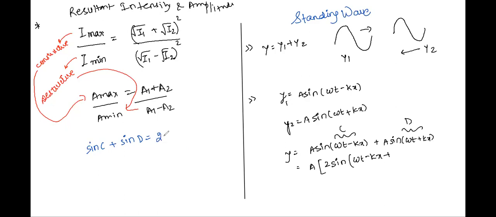Okay. So 2 sine of c plus d by 2 into cos of c minus d by 2. Substitute them here. First of all, take a common. Now you have sine of omega t minus kx